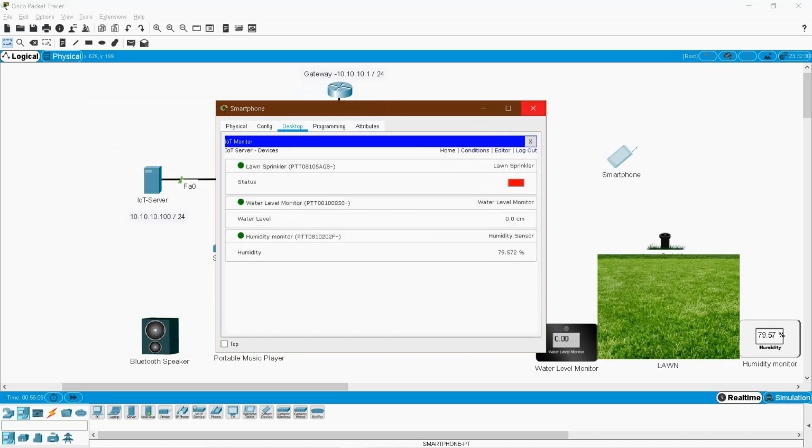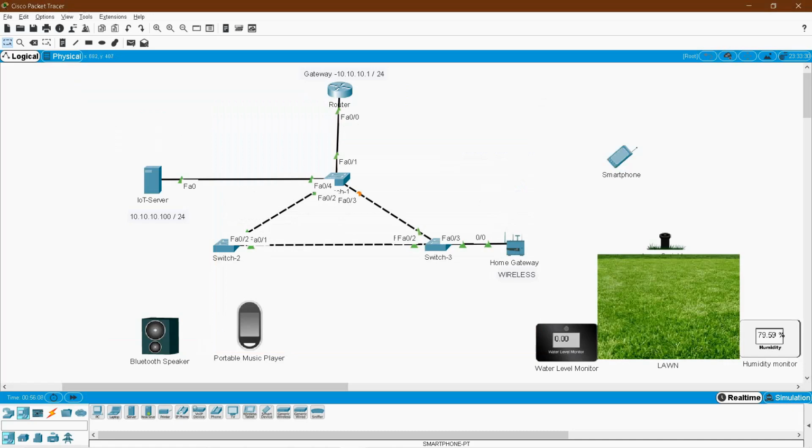Okay, later we will do it. And this side we have to connect it for wired. So this is the portable music player, and first I want to make these two devices connect through